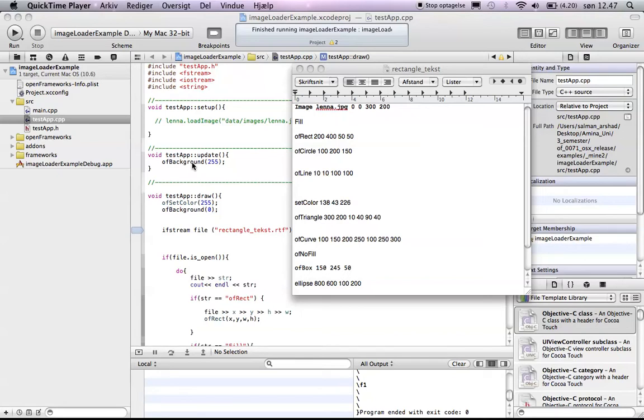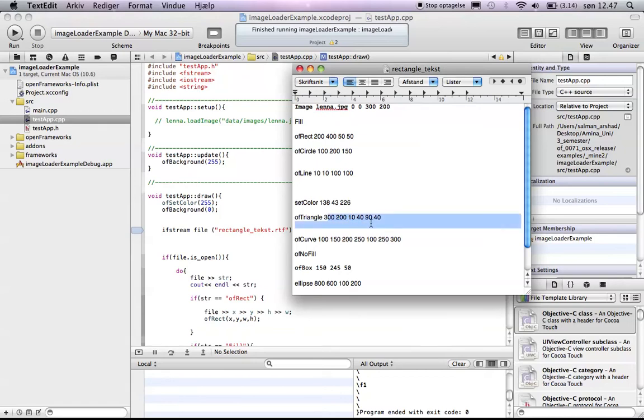As you can see, I have written my graphics in the text edit file, where I have described each graphic's X positions and Y positions. For example, here in rectangle you can see it has an X position, a Y position, a width and a height. And the same goes on for the others, where they have different values in the X and Y positions, and some of them have more than one X and one Y position.